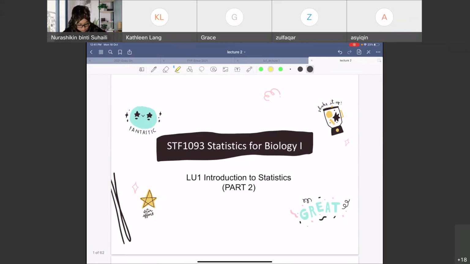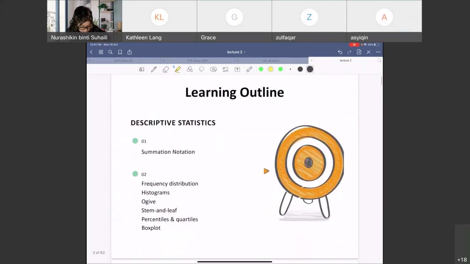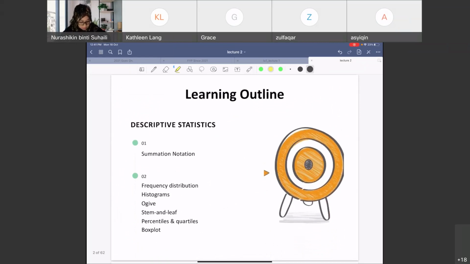Okay, so this part is a little deeper. Just now it's just an intro. So I hope that you take note on this part. So the learning outline for this second part, we're going to have a look at these subtopics, summation notation,